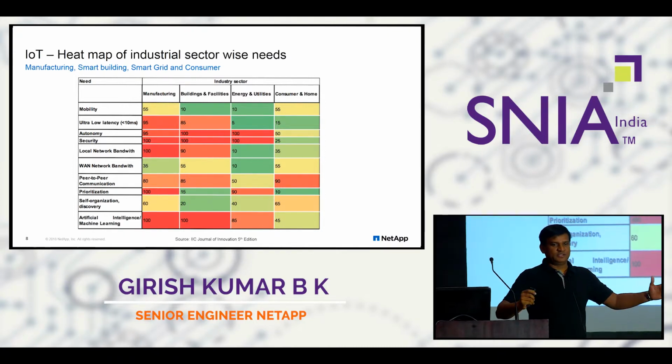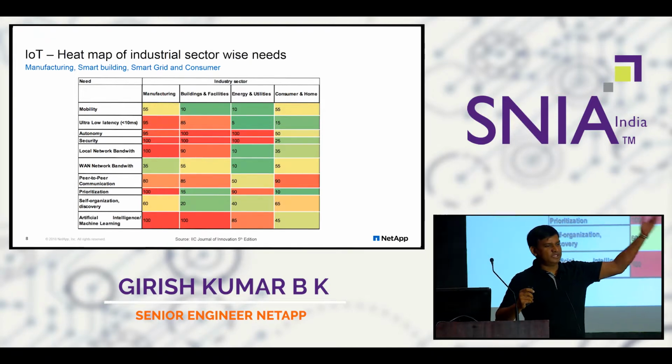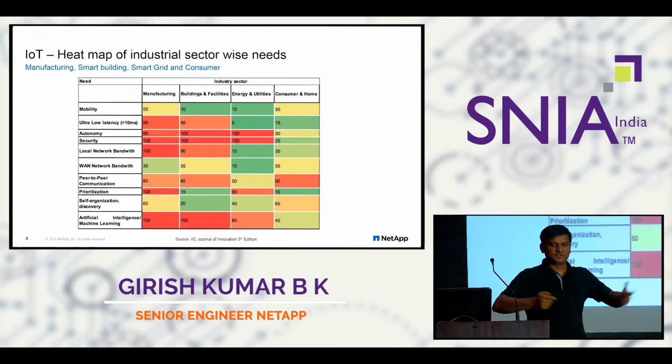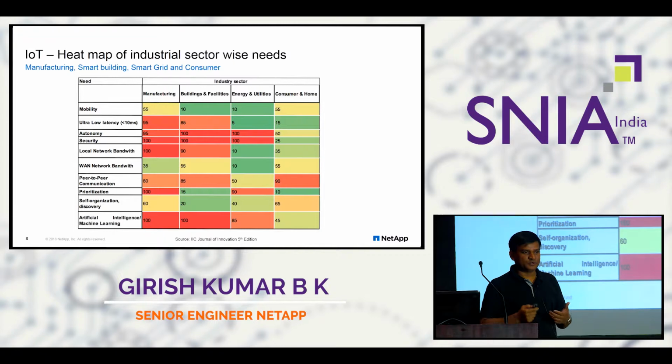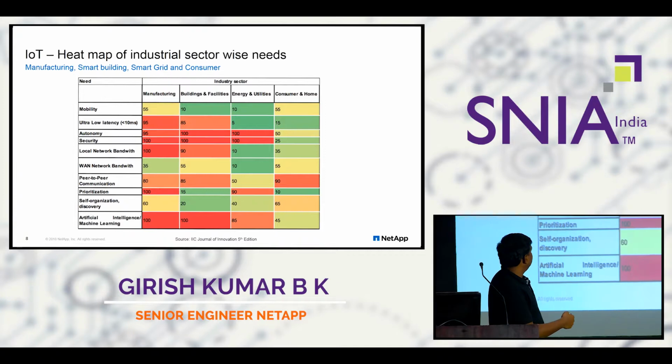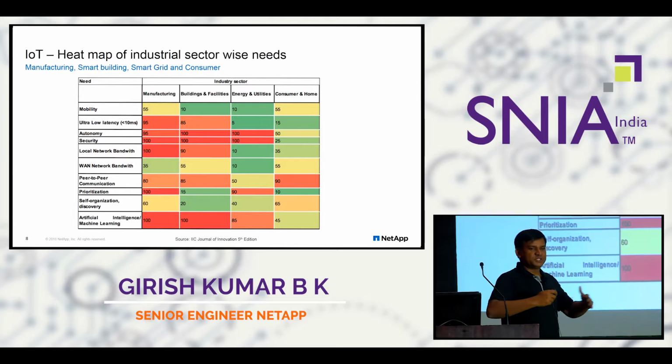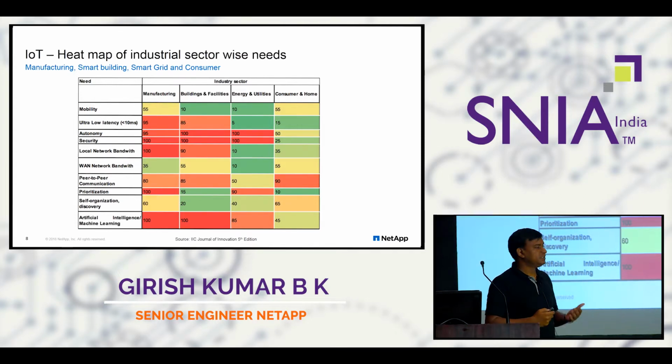The physics limits it, in the sense that you can't send all this data to the cloud and then make a call. By the time it comes back, it could be 2 seconds, and you would have seen that your machine tool has already broken. Then the value that you wanted to realize is reduced. So it's 95 here. Again in buildings and facilities, you want to take actions on the alarms that are being generated. In energy and utilities it's less, because everything pretty much runs, and when something goes wrong or you want to improve efficiency, that's where you take the calls.